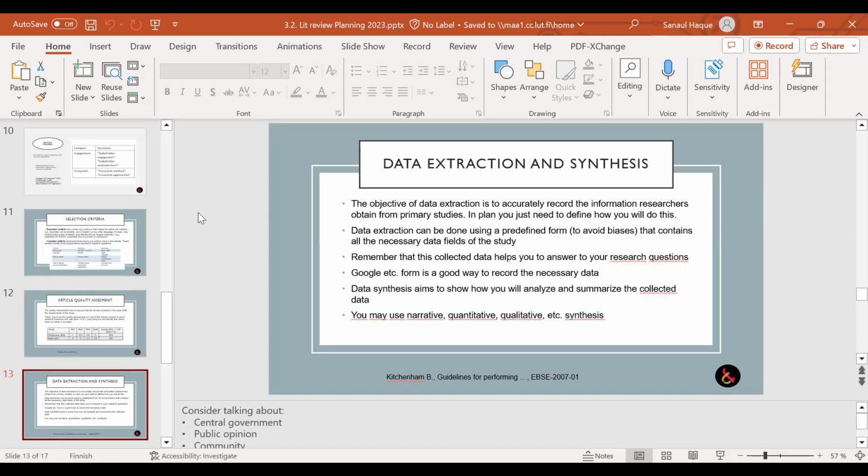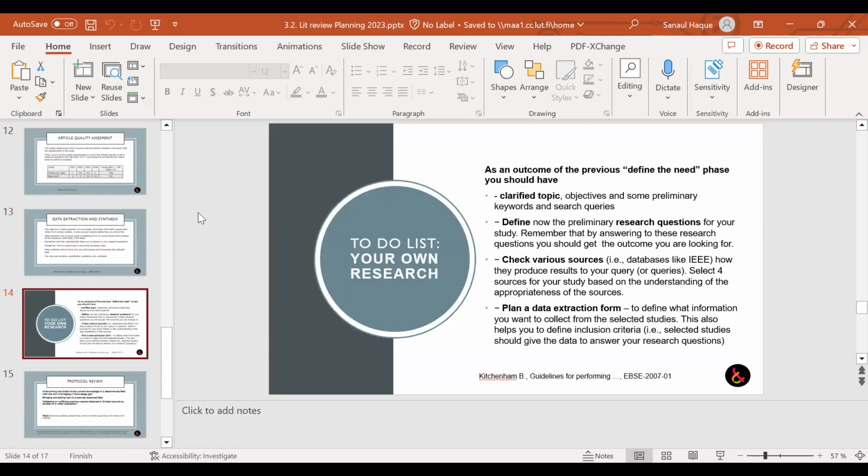So, for example, the table which I showed you two slides before was more about a narrative synthesis paper which we looked at. So now think about your own research, and then of course on the last